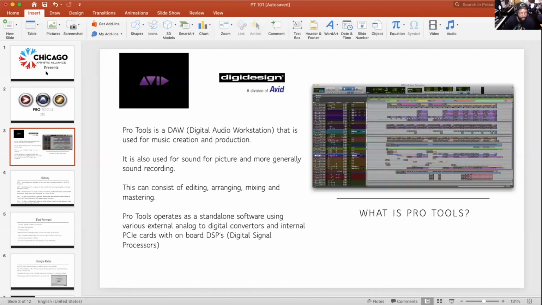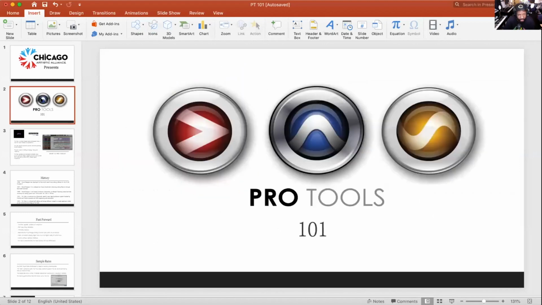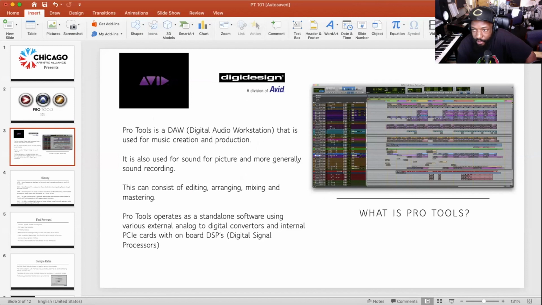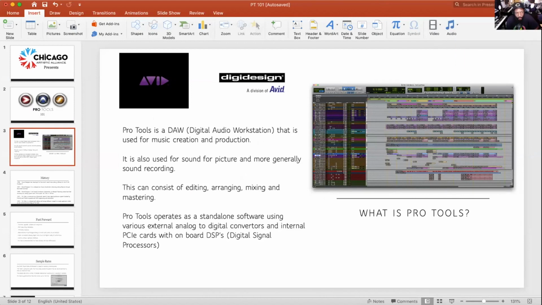So anyway, it's the intro part. For the most part, like I said, Pro Tools is a DAW. Do y'all know what DAWs are? Digital audio workstation, that's kind of what they call everything. It was used for sound for picture, and generally now is used for sound recording. When they were first using it,